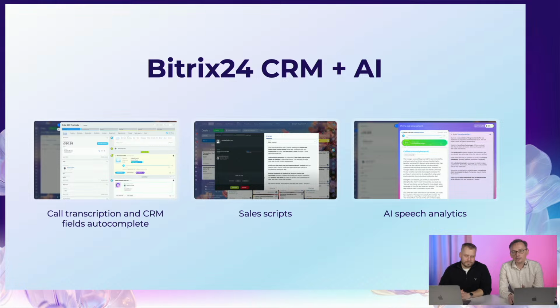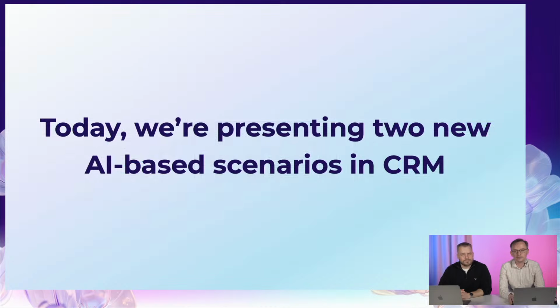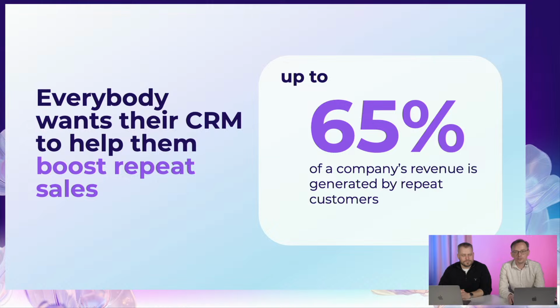And the current 3 most popular AI scenarios that are implemented in CRM are mostly connected to telephony: transcribing, processing, and auto-filling, auto-completing CRM fields, as well as analyzing phone calls to see how close sales agents are, or how far they're sticking to or veering from the actual sales scripts. Today we are going to show you two new AI-based scenarios that I'm sure you guys and your customers